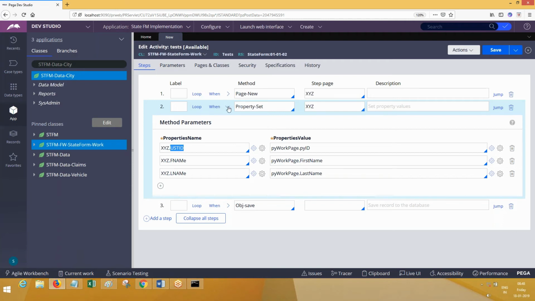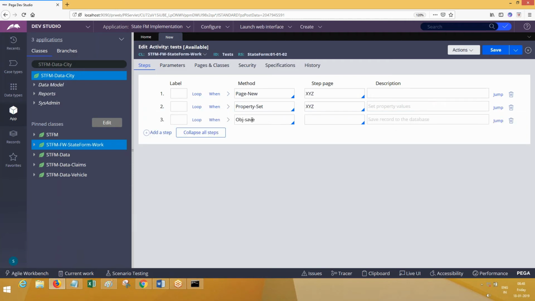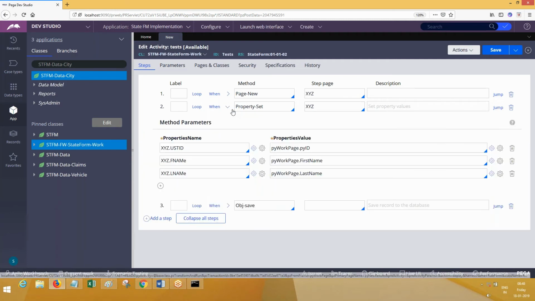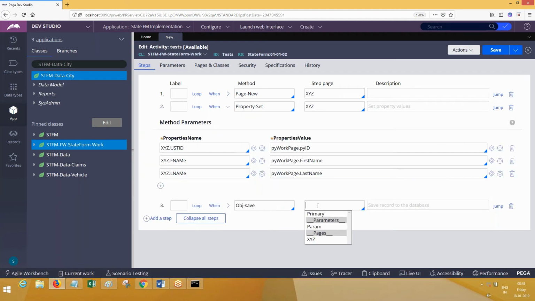After that I need to do obj save, and once you do obj save, here you need to mention the step page. Click the down arrow and choose XYZ.